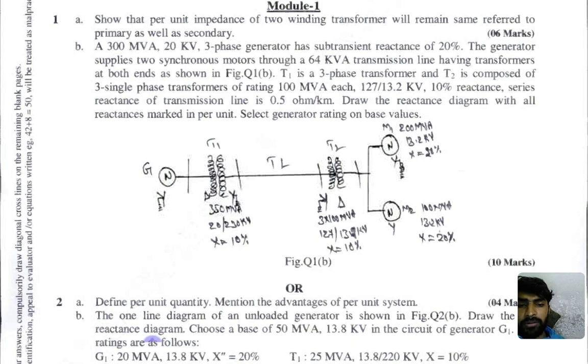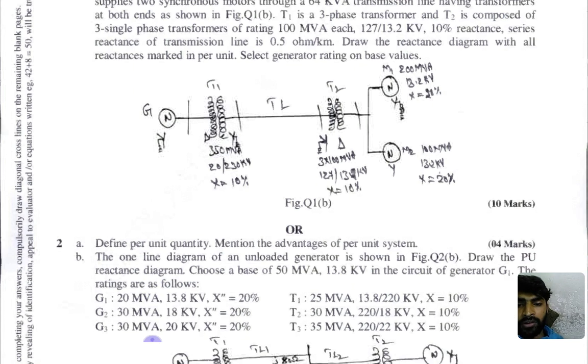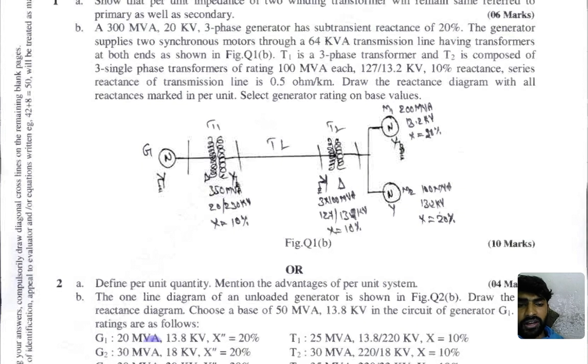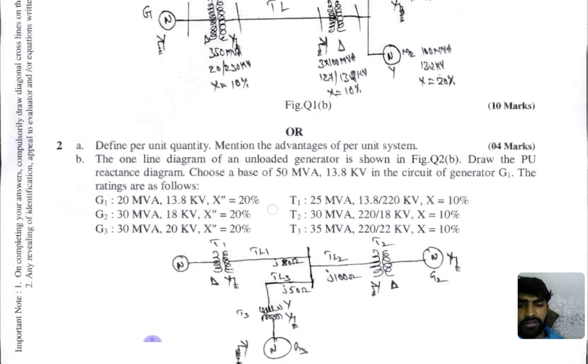Second question they have given is a problem. So already we solved it in the class. They have given like this: there is one generating station and two motors, and transmission lines will be there. We have to draw a reactance diagram for this one. First we need to calculate per unit values, actual value, base value, and also the per unit value, new value we need to calculate, and afterwards draw the diagram. So just to mention, the values we'll get directly.